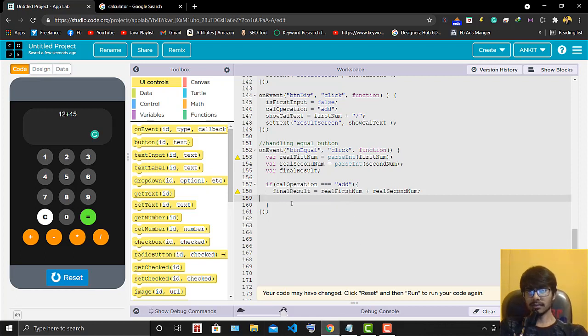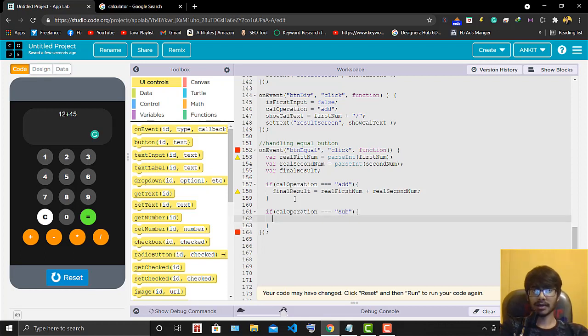Now again we will do it for the whole operation. Again we will write the if condition with cal operation. For subtract, the final result should be the real first num minus real second num, right?